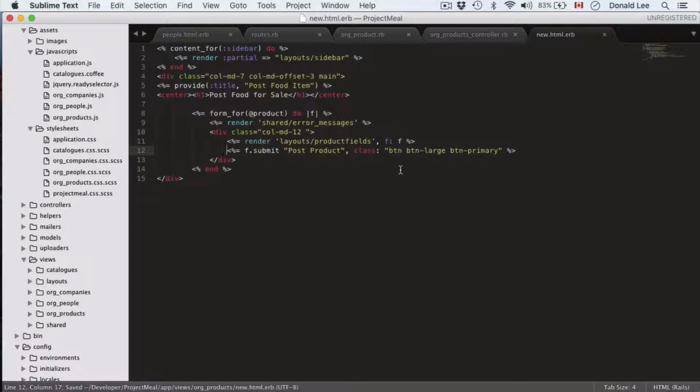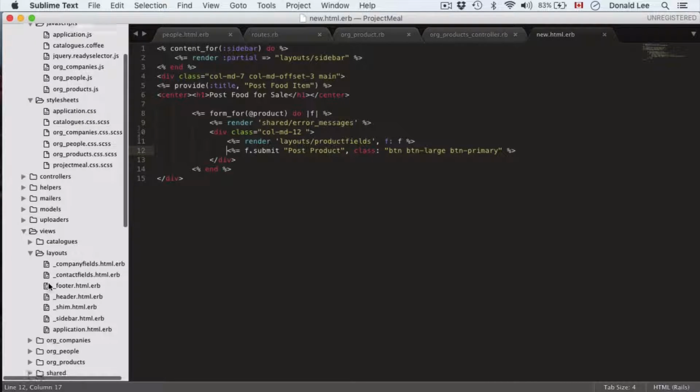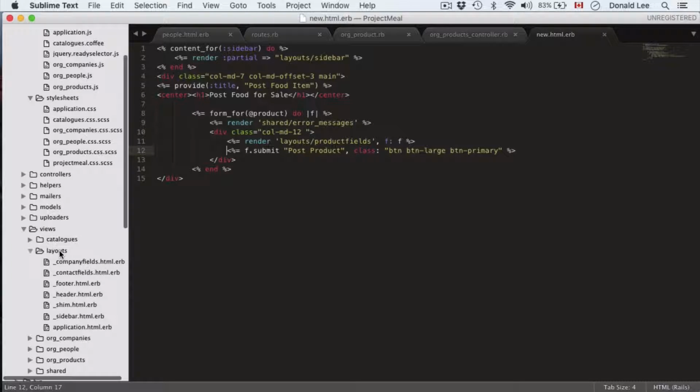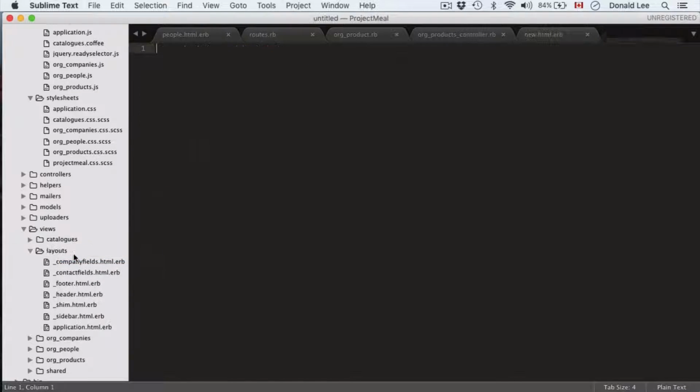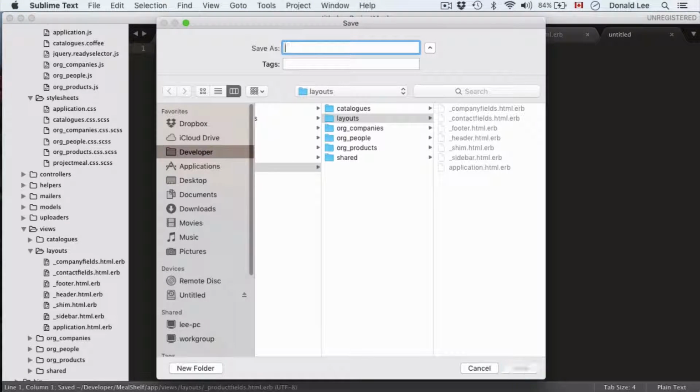So if you've reached this point, then you know what to do. We need to create a new layout, because right now product fields is not part of our layout. So what we have to do now is create our product fields view. So what we need to do is go to save as, go to product fields.html.erb,